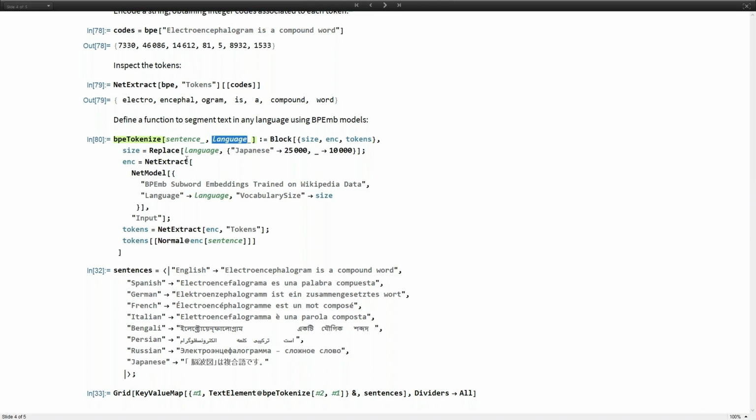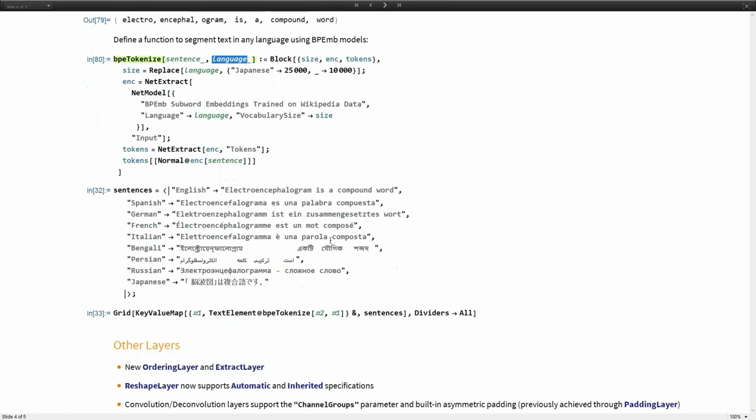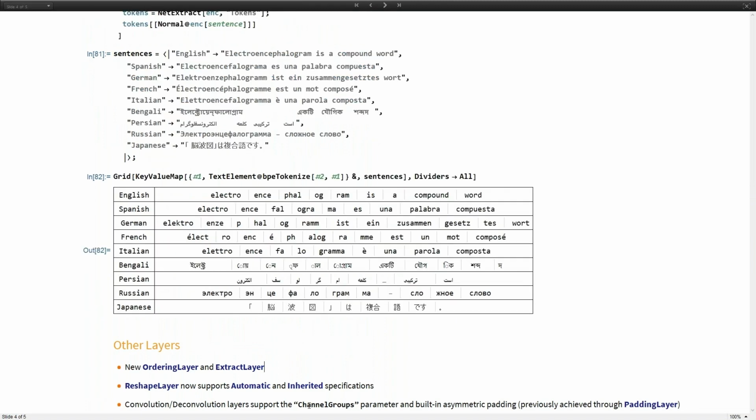And then we have improvements to existing layers. So reshape layers become more flexible, and we have added the channel group parameter to convolution and deconvolution layers, which has risen back to popularity mainly with MobileNets. And also it has built-in asymmetric padding, which you could previously do using a padding layer. Now you can do asymmetric padding inside convolution and deconvolution.